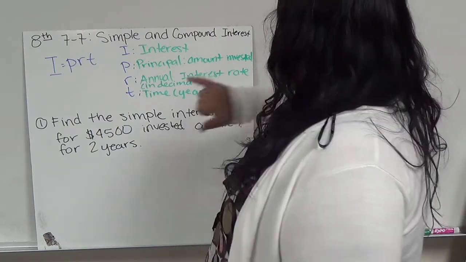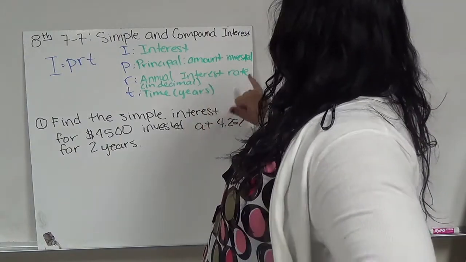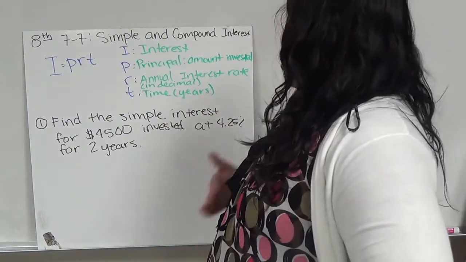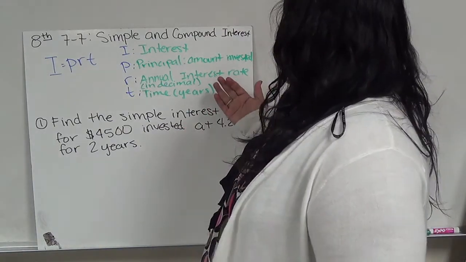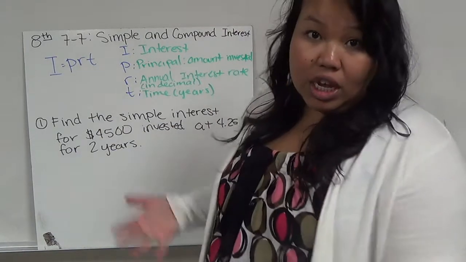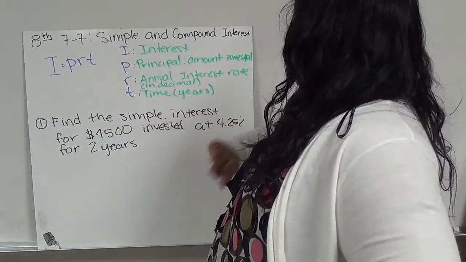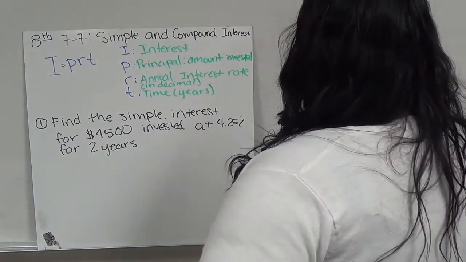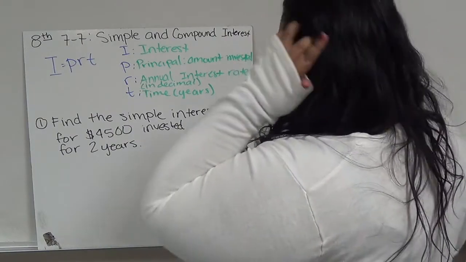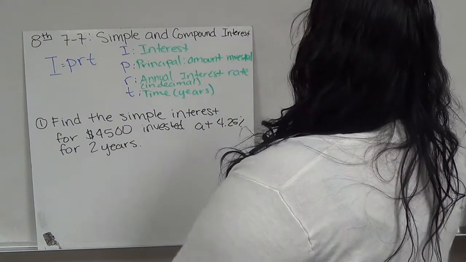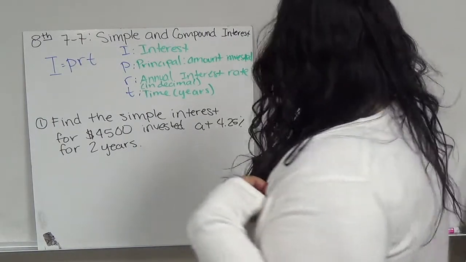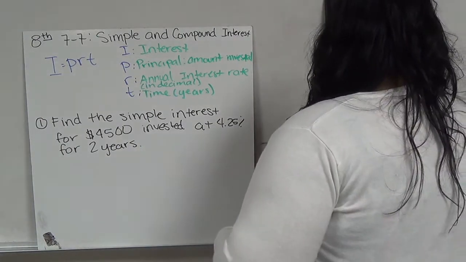R is the annual interest rate. So how much is the interest accumulating? And then T is the time in years. So it says find the simple interest for $4,500 invested at 4.25% for 2 years. So the simple interest is basically